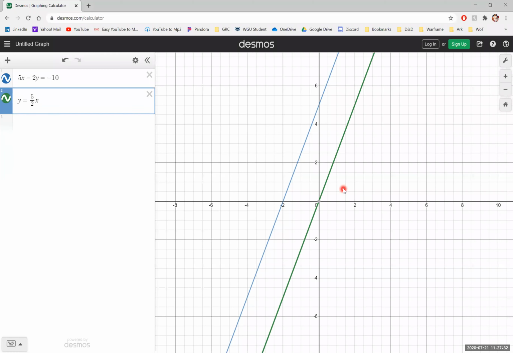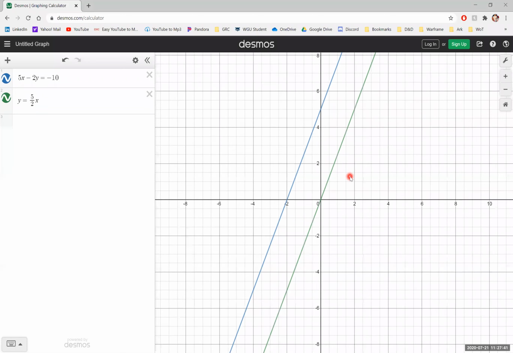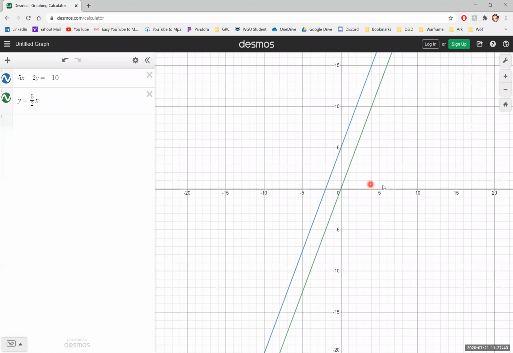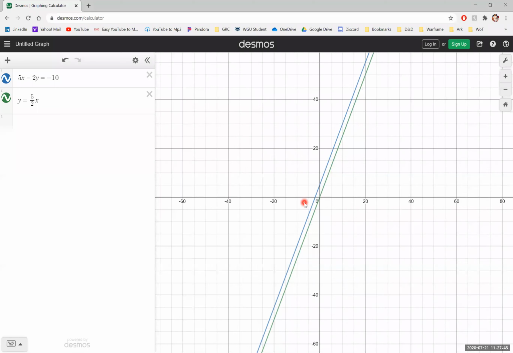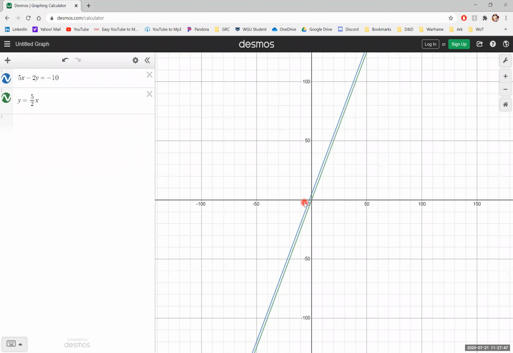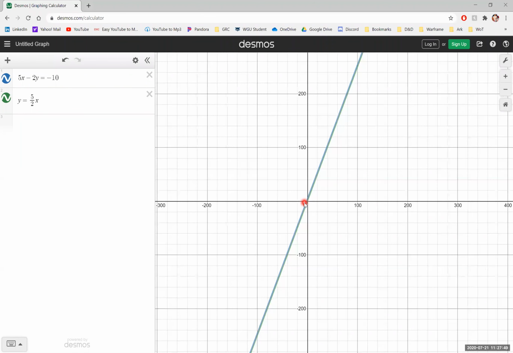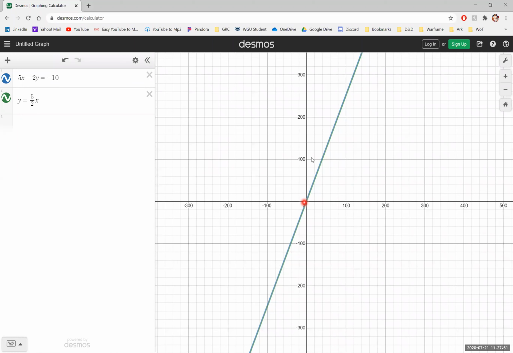And now as we look at this thing, where are they going to intersect? Well, these things look like they're parallel to one another. You can use the mouse wheel and you can actually zoom out. So let's zoom out here a little bit and see what this looks like. So it looks like these are going on and on and on forever, and they just remain parallel to one another. It eventually looks like they cross over, but that's also because we're zooming really far out at this point.